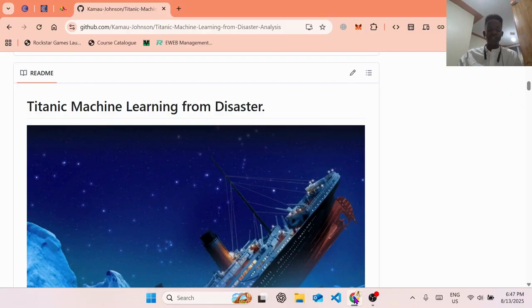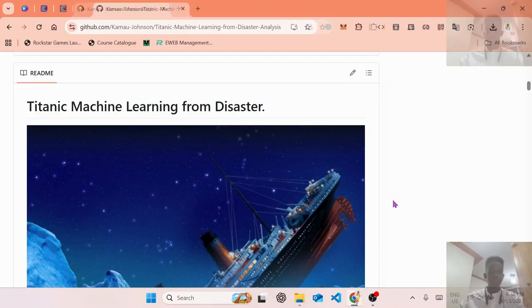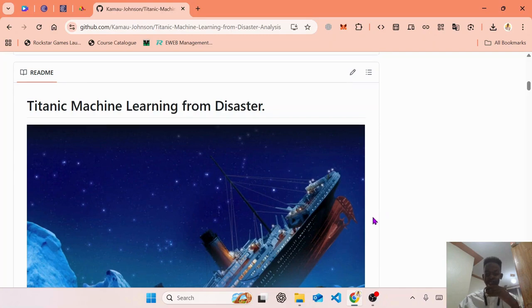In the last 3 days, I've completed an in-depth analysis of the Titanic Disaster dataset to identify the factors that most influence survival in the Titanic. So my hypothesis was that the survival rates were significantly affected by the passenger class and the age, with women, children, and the higher class passengers likely more to survive in the disaster.